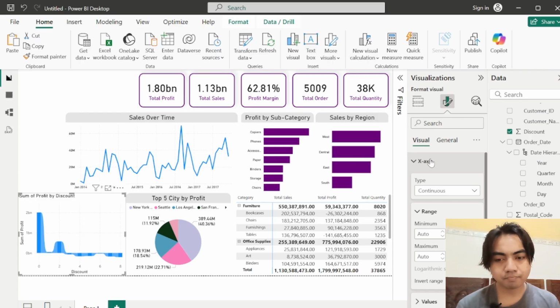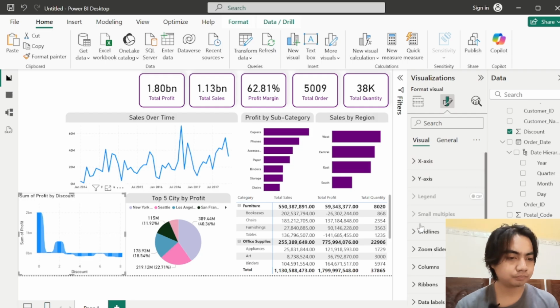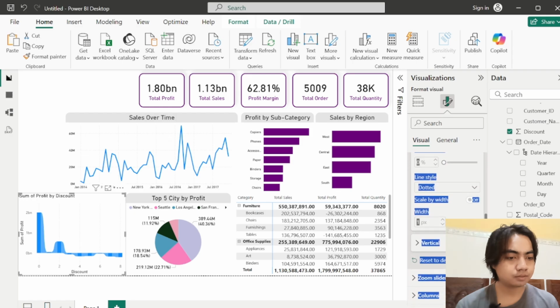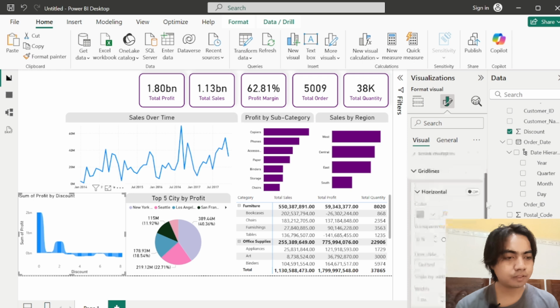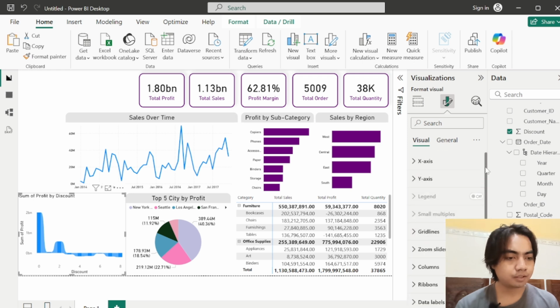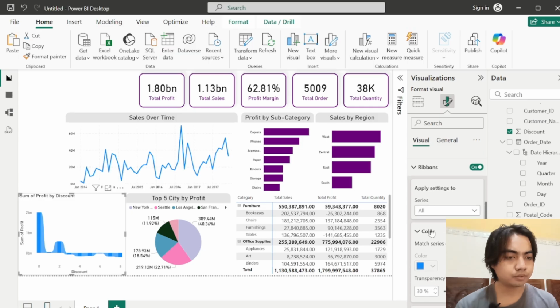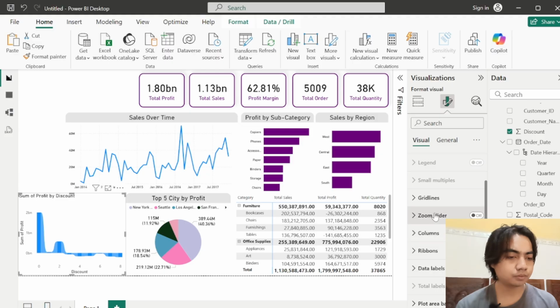I want to remove the grid line, and for the vertical, also for the vertical line. And then I can go to ribbon, well, not go to ribbon, I want to go to the column,